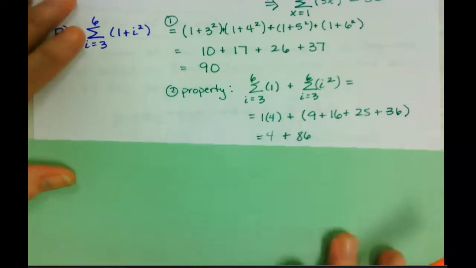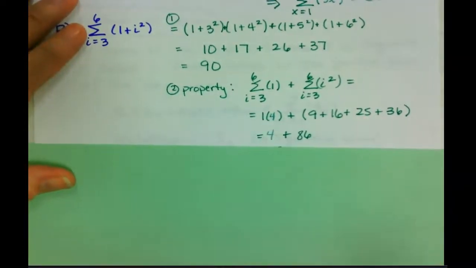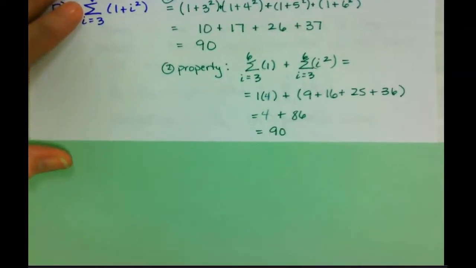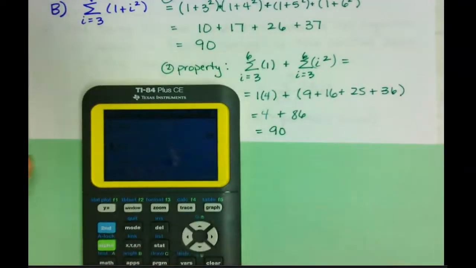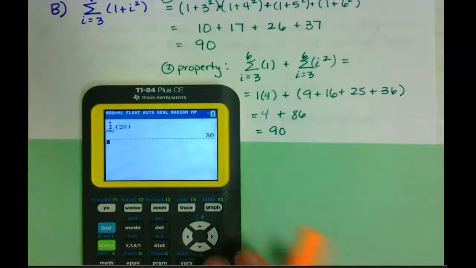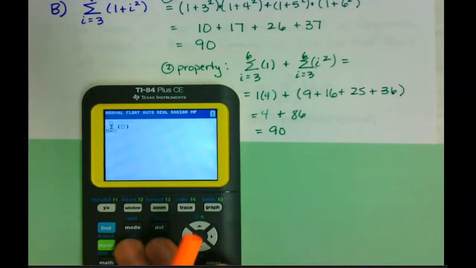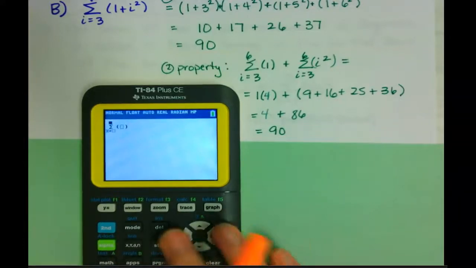So when I add these numbers up, I get 86, and I can add it to the 4 that I already have, so I get the same thing as a 90. And then once again, I can go to my calculator if I want to double check, and this time I'll use the math 0 option, and then I will do X equals, oops, if you hit the equal,